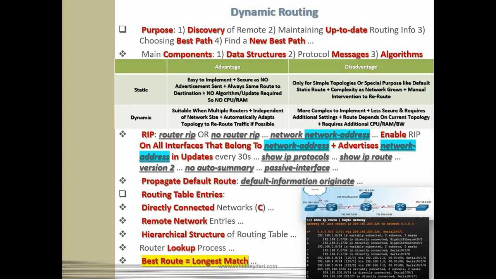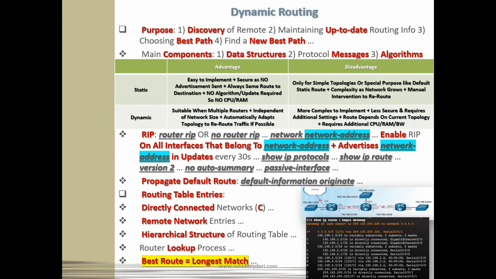So in case of host route or directly connected networks L and C, you can see outgoing interfaces being listed next to the networks. So exit interfaces used to forward packets to destinations are detailed,